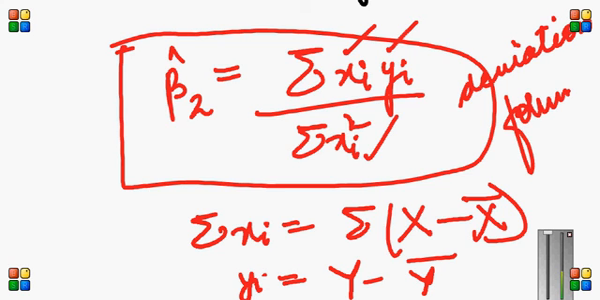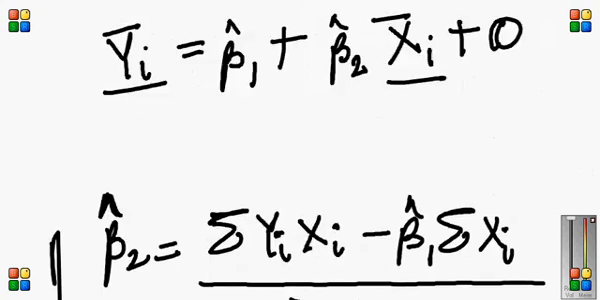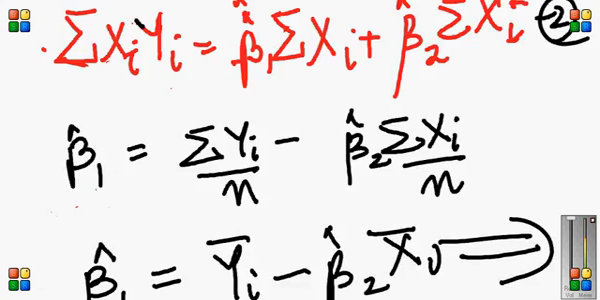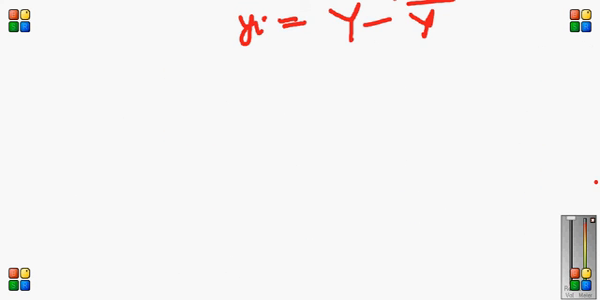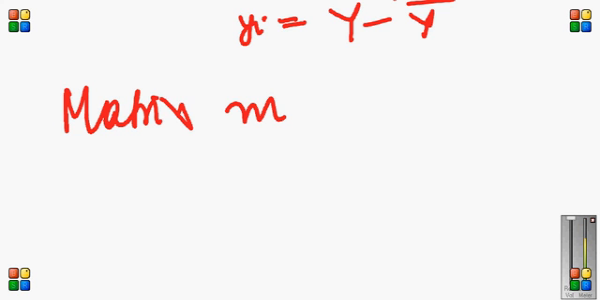Okay, so in this lecture we basically learned how we can derive the values of beta 1 and beta 2. There is yet another way to derive the values of beta 1 and beta 2, which you might have heard of, called the matrix method. So what happens in the matrix method is that